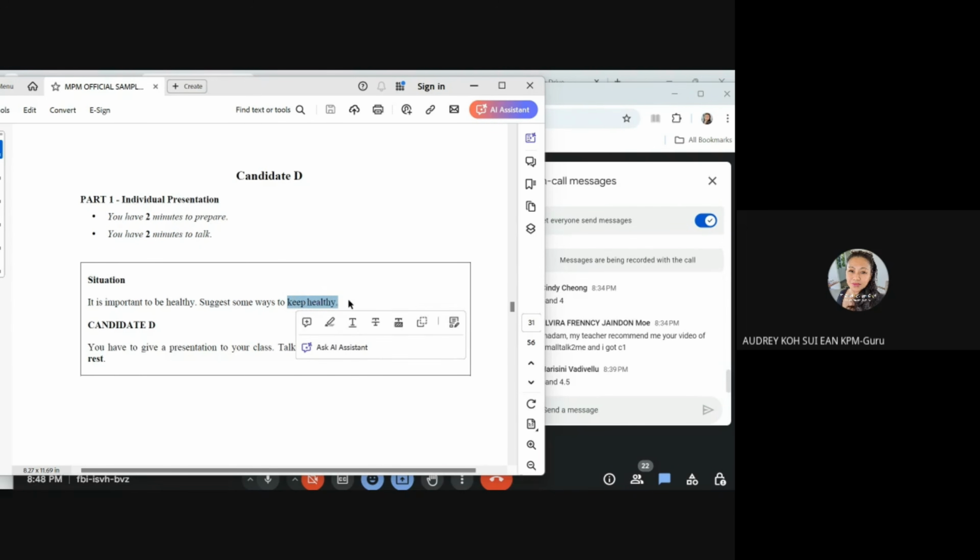Okay, so what are the words that you can throw in? If you can't find a proverb, maybe you can throw in a colloquialism. What is a colloquialism? For example, don't be a couch potato. A couch potato is a person who just sits in front of TV all day, right? What else? Don't live a sedentary lifestyle. Get up and go. Okay, get up and go is a nice phrasing or saying. It means that we must actually have enough exercise after we have rested.